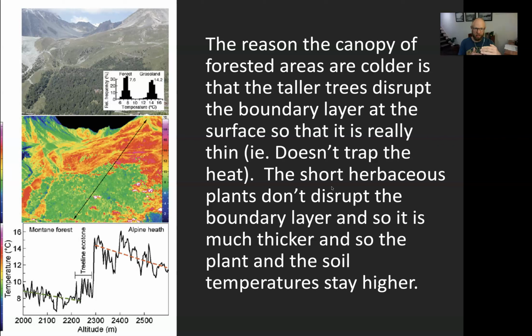And because the leaf canopy is warmer, that's also going to allow more heat to penetrate into the soil. And so soil temperatures are going to be warmer. So if you look at this image in the middle panel of these three pictures, that's why the alpine area is much warmer than the forested canopy, because it's got a thicker boundary layer above